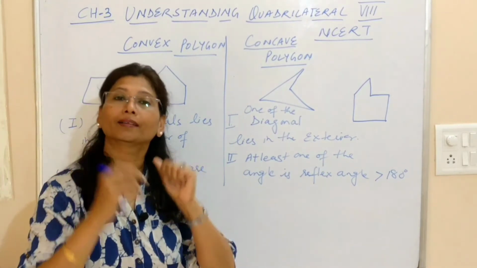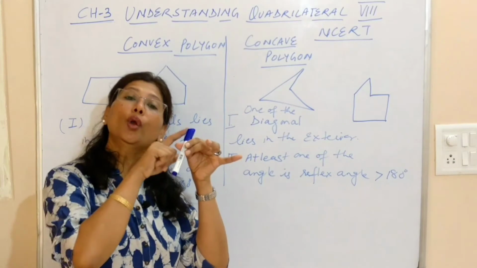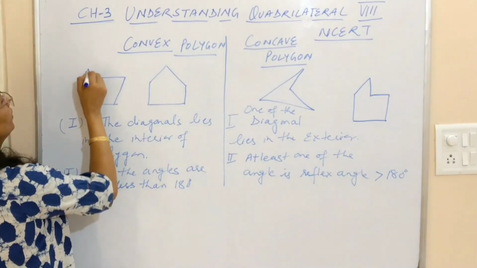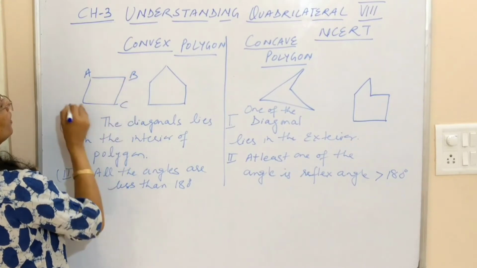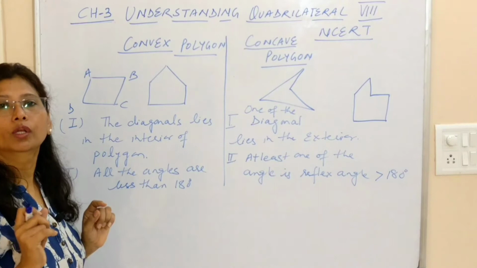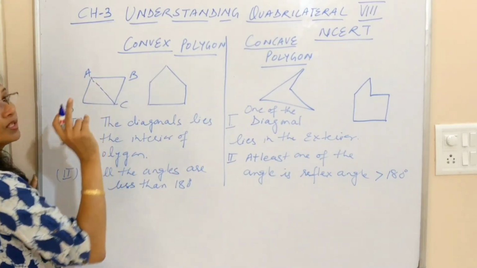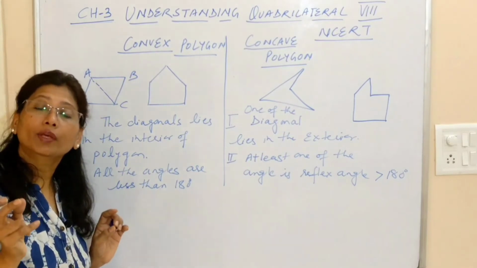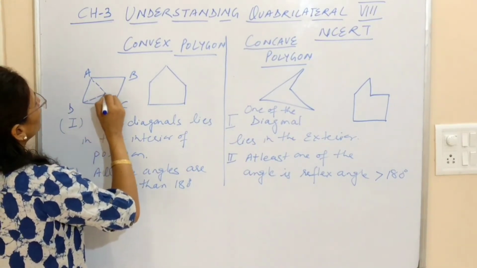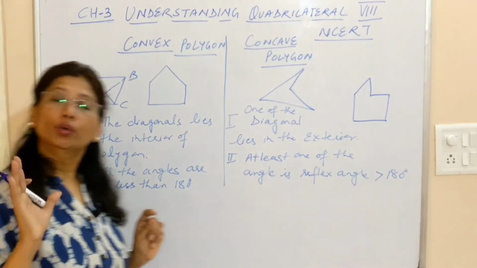Now सबसे पहले आता diagonal क्या चीज़ है? Diagonal is a line which joins the non-consecutive vertices. Now if you see, if I label this as A, B, C and D, so A and B are consecutive, ठीक है, neighboring है वो. But if you join non-consecutive, like AC is non-consecutive, C is not coming exactly after A, so AC is non-consecutive and BD is also non-consecutive. So here these are 2 diagonals.